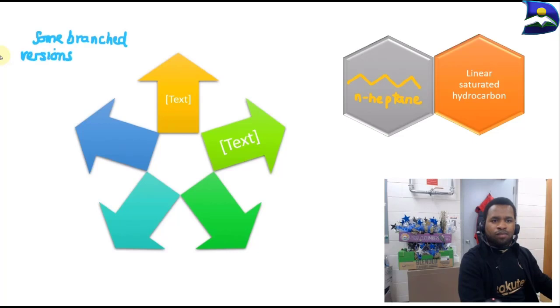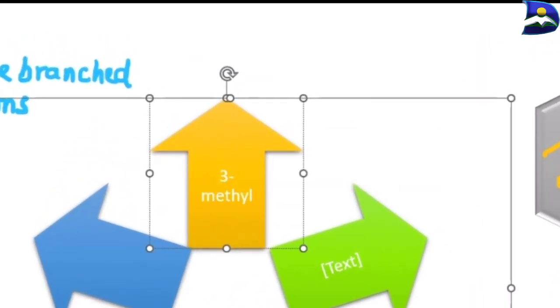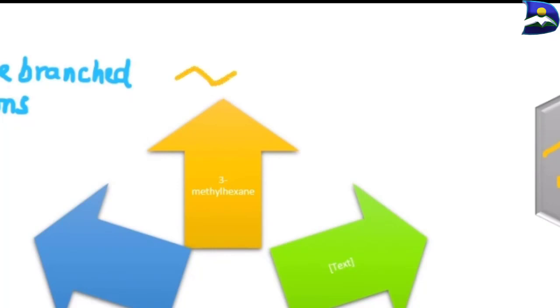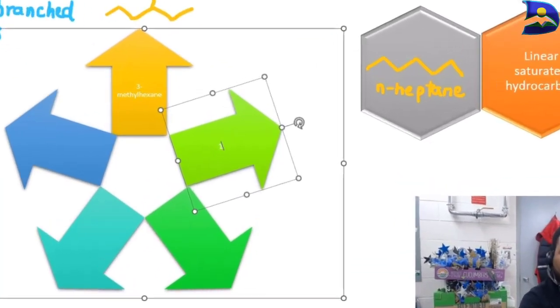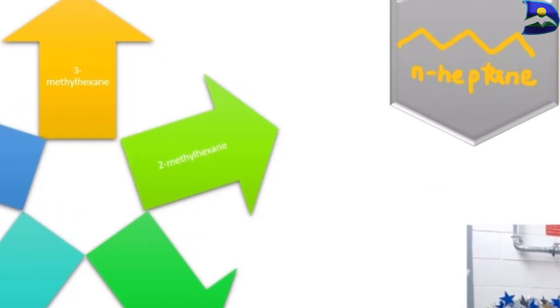hexane. In this case, our first one is going to focus on 3-methyl hexane, where on the third carbon of the longest continuous chain, which is in this case 6 carbon atoms, there is a methyl group that is attached to that third carbon. The next one is 2-methyl hexane, where on the second carbon of the longest continuous chain we have a methyl group that is attached to the 6 carbon chain. Then next is